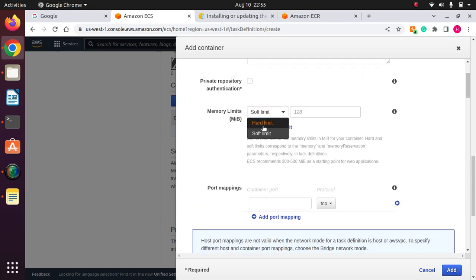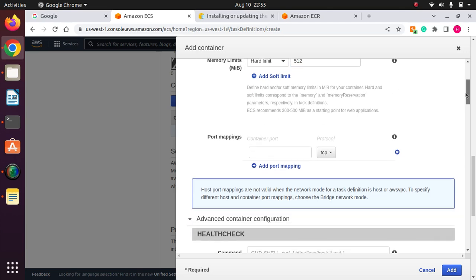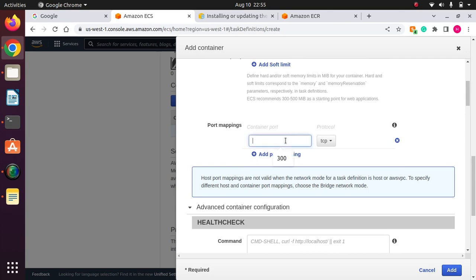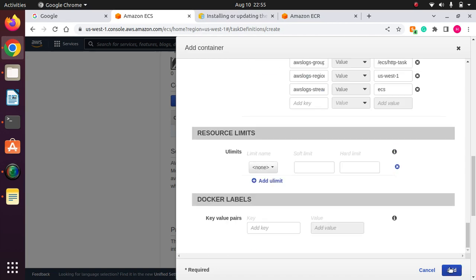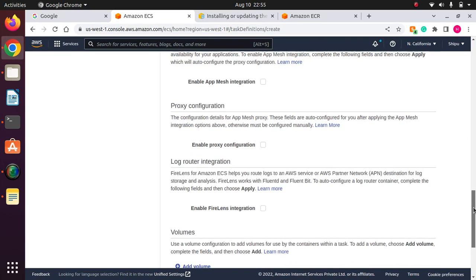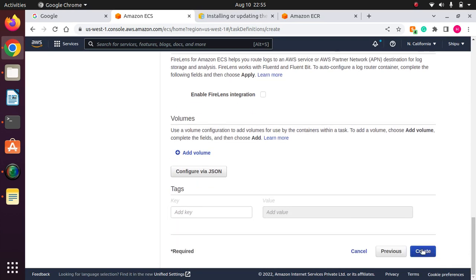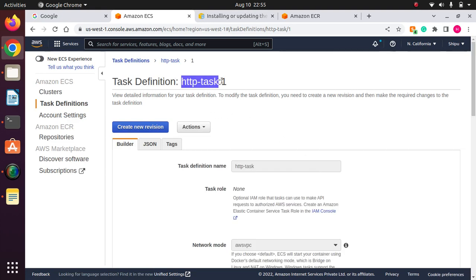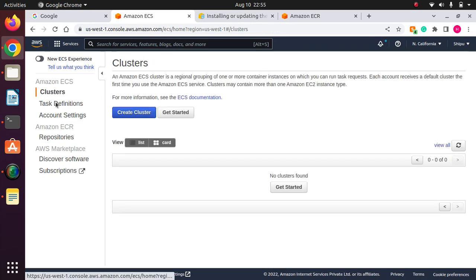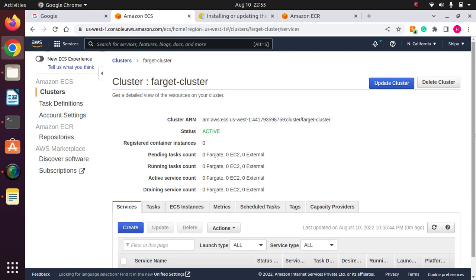Now the hard limit I'm giving is 512. Then the port number that I wanted to use here is port 80. Everything is good, so I'm adding this, and now I'm creating the HTTP task. The HTTP task is successfully created. The task name is HTTP task revision 1. Simply go to cluster, and inside the cluster, if you click here,